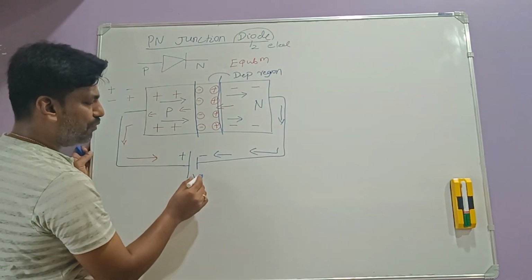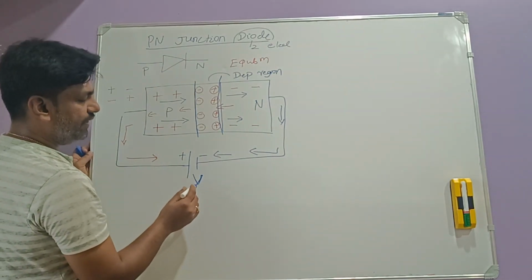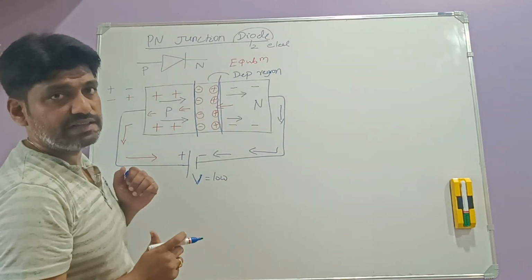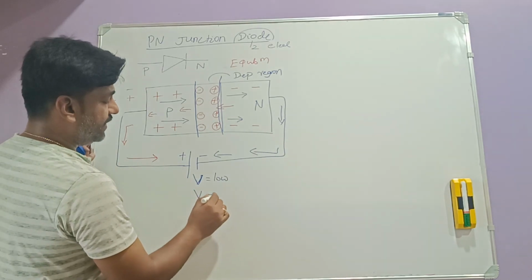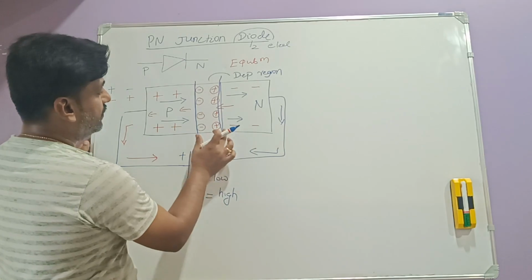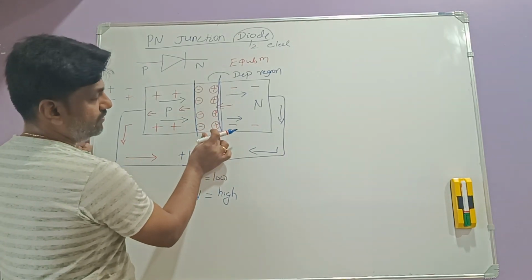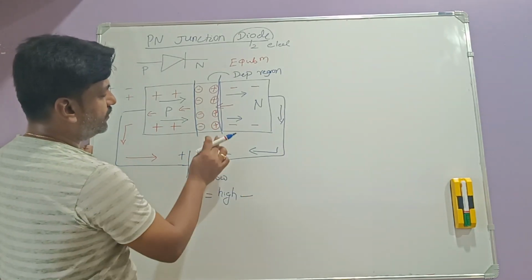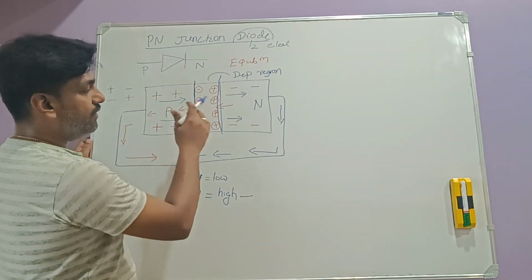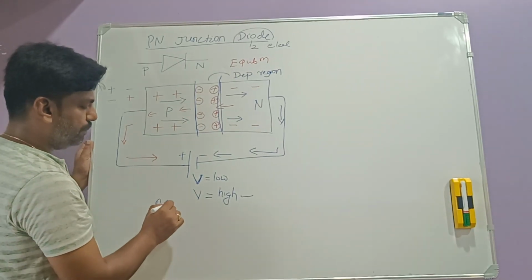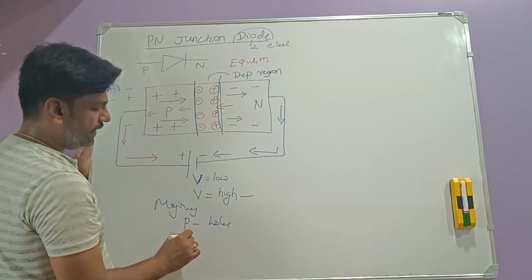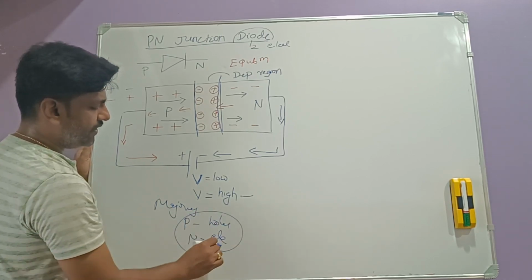However much voltage V you are giving, assume that initially the voltage is low. At that time, the depletion region size is like this. Assume that at the later stages, this voltage is high. So this depletion region becomes narrow like this. And when this Vf becomes very high, it becomes very narrow, so that the electron conduction current is going to be produced due to the majority charge carriers. In the P side, holes, in the N side, the electrons. Because of these majority charge carriers,